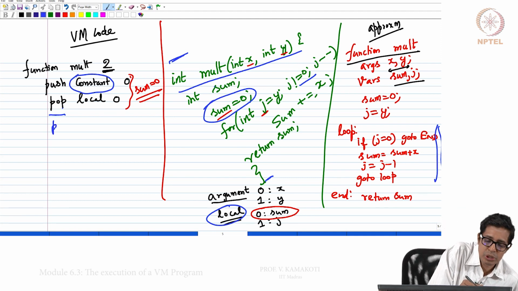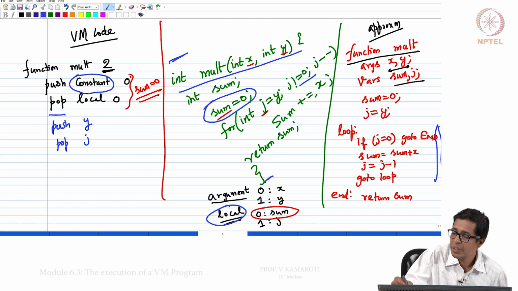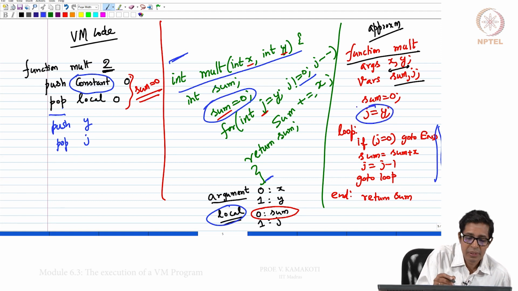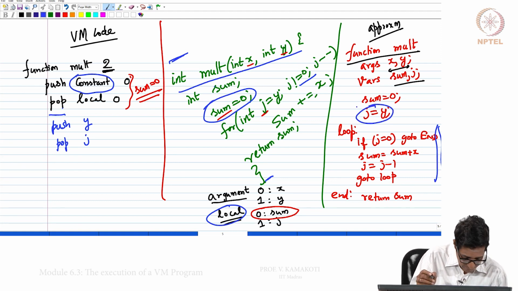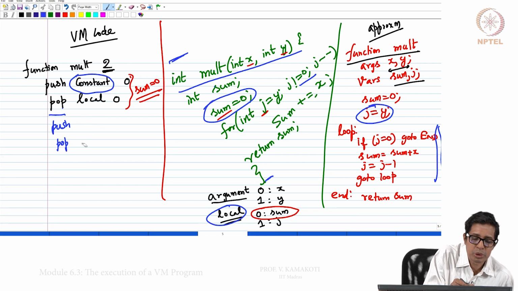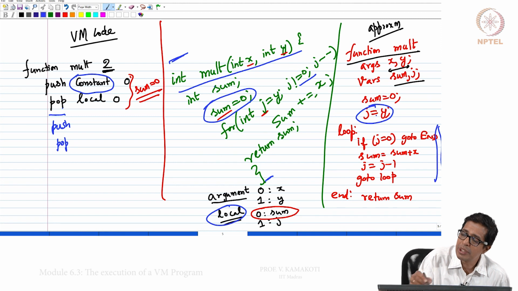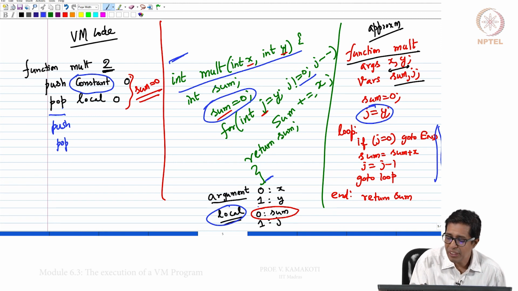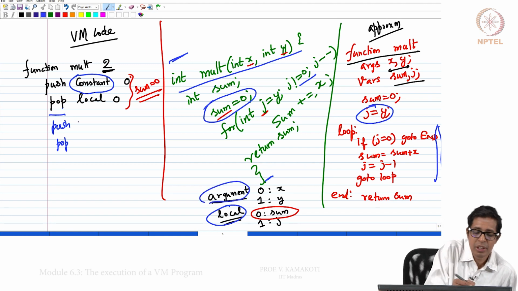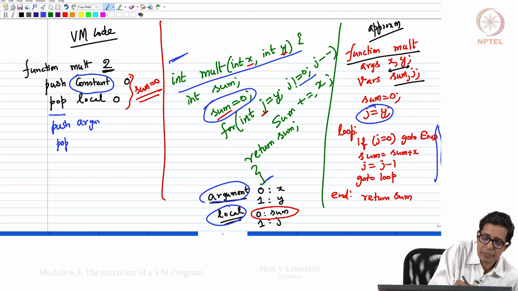Now I will say push y, pop j. So sorry, what is push y? I want to make j equal to y, so I need to push y. This is the first entry in your argument segment. 0th entry is x, first entry is y. So push argument 1.